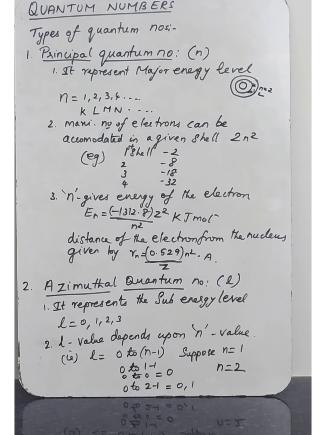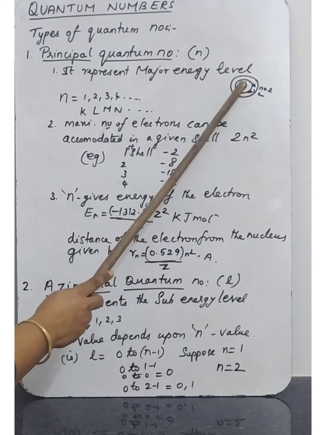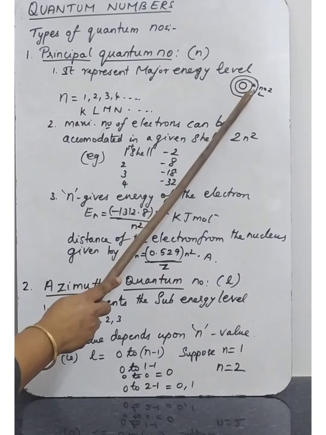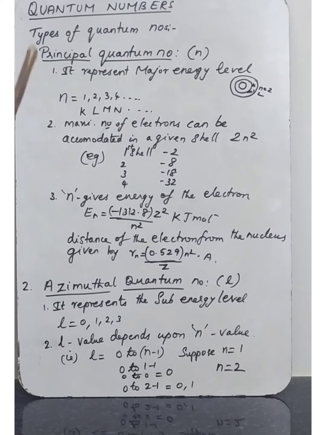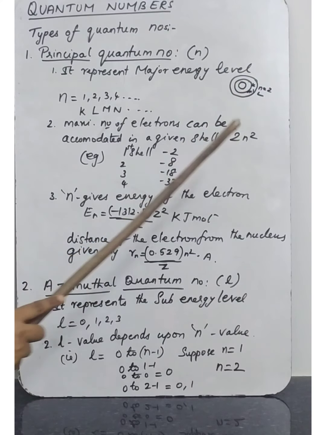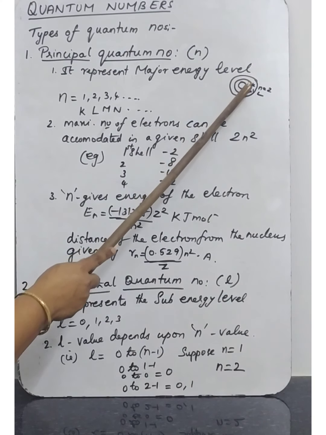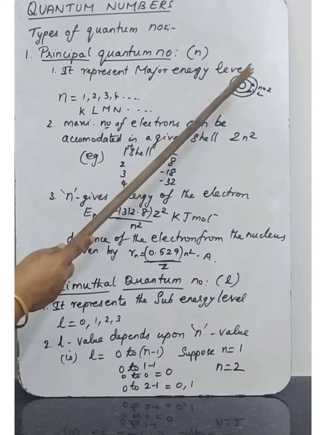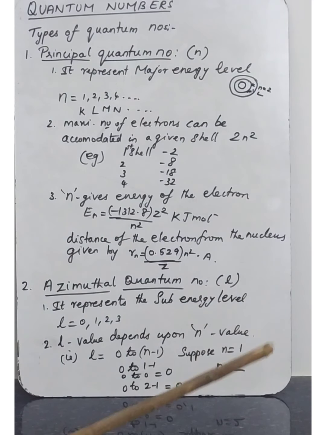What is meant by atomic orbitals? In an atom, the nucleus is at the center, and electrons revolve around the nucleus in a fixed, circular path. That path is called an orbit. Inside that orbit, subshells, that is orbitals, are present. Electrons revolve around the nucleus in the orbit, but the maximum number of electrons can be found only in the orbitals. That is atomic orbitals, which we will discuss.